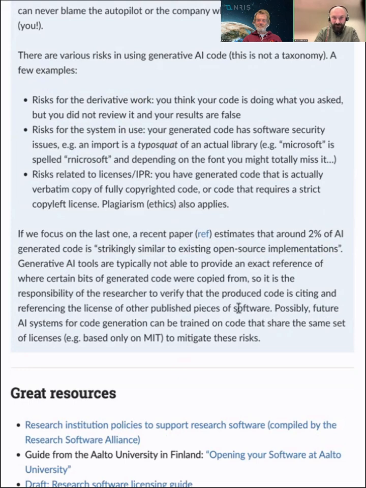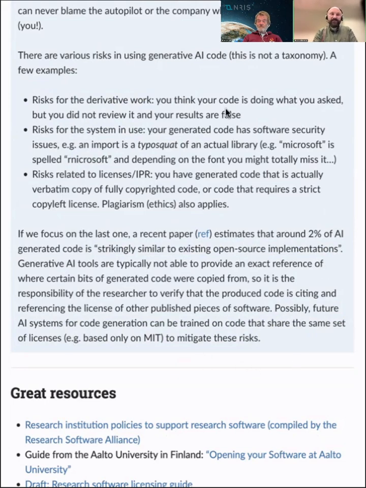So I don't know where we will go. Maybe one of possible future that I wrote here is that if future version of these tools that generate code, let's say that they would be trained only on MIT code, then most likely what they synthesize is MIT code, and then we don't have issue. But right now, the issue with these AI systems is that nobody knows what went there, which most likely means that everything went there. Yes, absolutely.